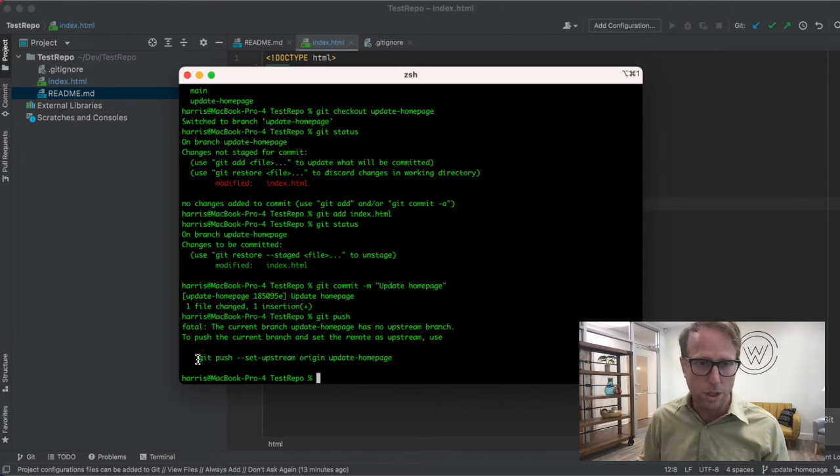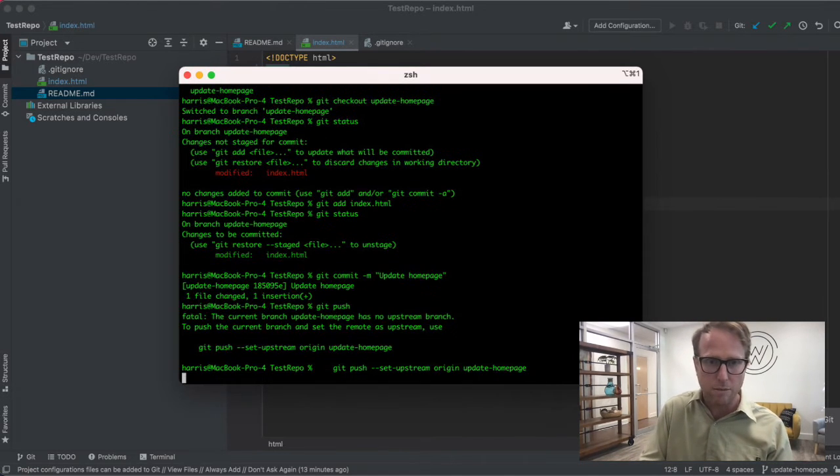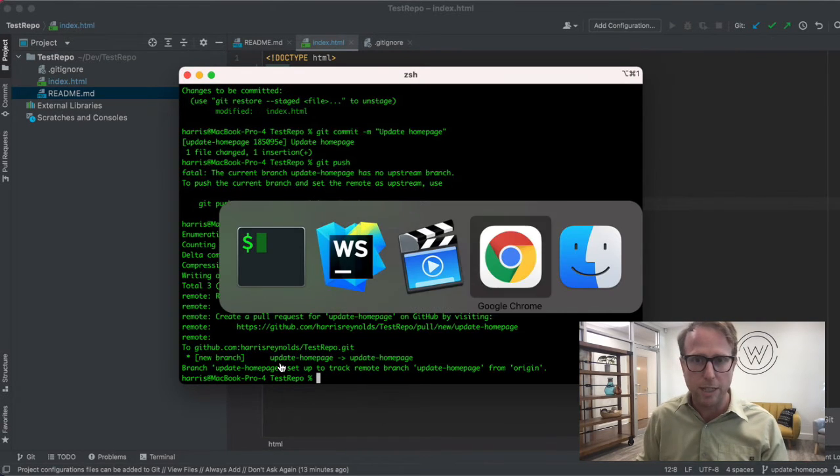And so if I say git push, again, now the local Git repository knows about it, but the origin or remote Git repository does not. So I'm just going to copy this to the clipboard, paste it, run it. That will push this branch up to the server. And if I go back over to GitHub,